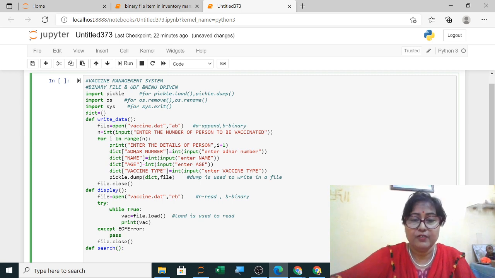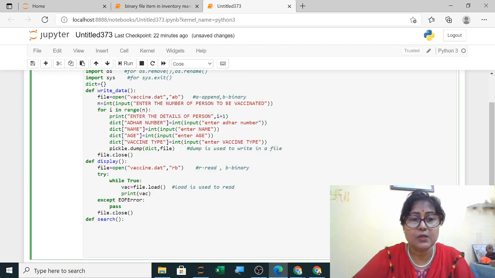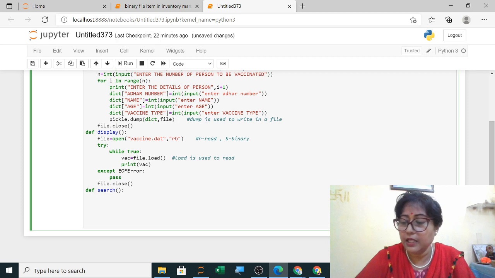It will be the same as this, but after loading you have to use an if command, ask the user which data you want to search, and then check it. Till load it will be the same, and you ask the user, suppose you want to search for a person who is vaccinated using his Aadhaar number. So I am searching using the Aadhaar number now.